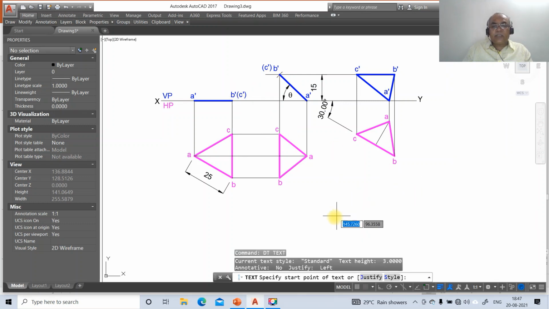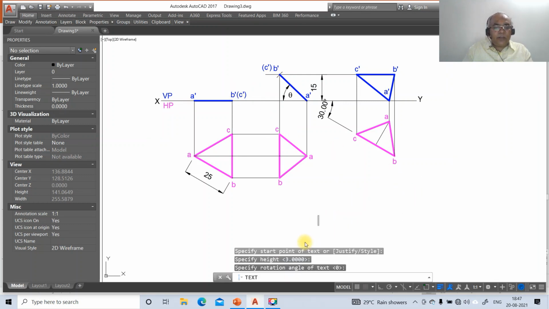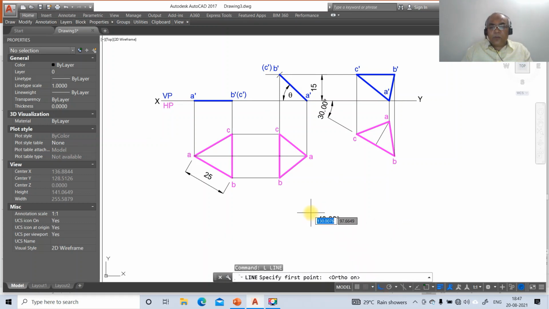So then go to D text, here you type 43.86 percentage D, 43.86. So here you type 43.86, then go to line, switch on this, you type ortho, and here you type this.